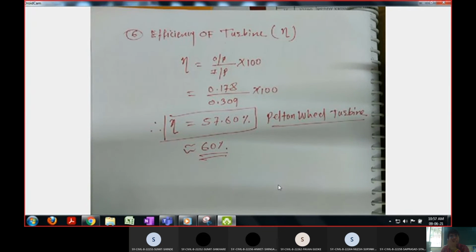आता एफिशियन्सी वाढवण्यासाठी आपण डिझाईनमध्ये अल्टरेशन करू शकतो. जिथं आपण समजा बकेट जे व्हेन्स आपण म्हणतो त्याला 10 आपण लावलेले आहे, अजून वाढवू शकतो. आणि मग ती नोझलमधून जो काही पाणी त्या बकेटवरती इम्पॅक्ट करतो त्याचं प्रेशर वाढवू शकतो आपण, हेड वाढवू शकतो आणि इफिशियन्सी वाढवू शकतो. So to generate more electricity, the turbine should have more efficiency. Okay, so this is how we can calculate the efficiency.